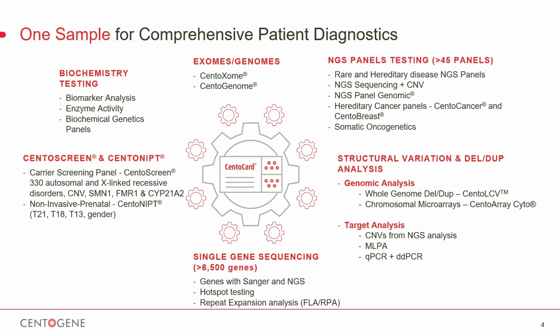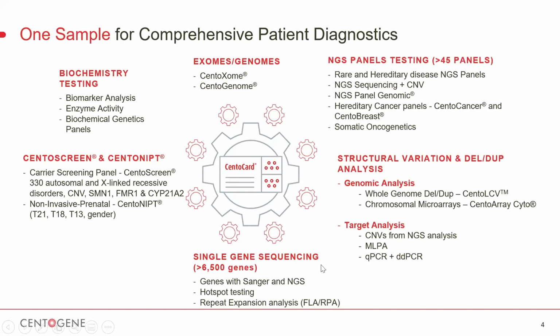The main idea depends on comparing the genomic data from the patient to the human genomic reference. And this in turn has the capability of detecting de novo copy number variants. Targeted analysis for copy number variants can also be offered through MLPA, qPCR, and copy number variant detection through the NGS platforms.